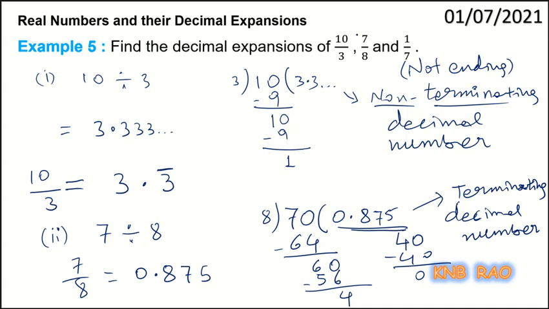So, I did the conversion, or decimal expansion, of these two rational numbers. They are rational numbers because they are written in the form of p by q. Now, let us go for doing 1 by 7, the third one. Now, see children, here in the third one, where I have 1 divided by 7, first thing 1 is less than 7, so I have to take 0 and start a decimal portion.